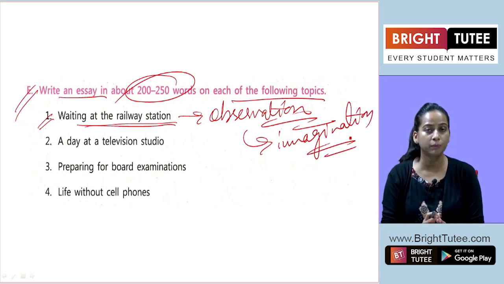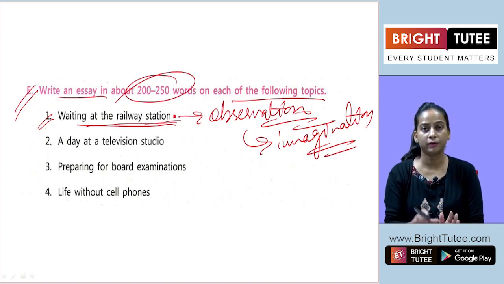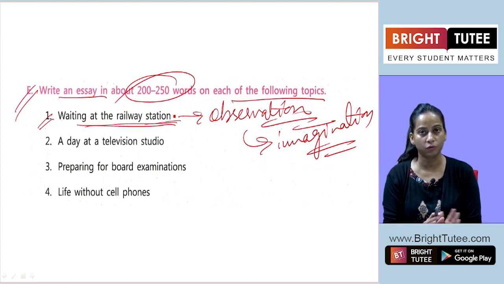That is going to help you frame your essay here, or just to proceed with the relevant points related to the given topic. In the intro you can give that a railway station is a very crowded place, and all these kinds of things you can mention in the beginning.